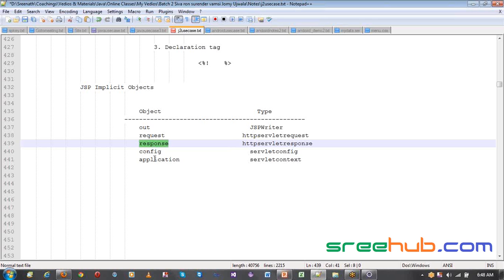Response is something which is used whenever you are moving out from this page. Whatever you want to do for the next page, you will be doing through your response, which is your HTTP servlet response, right? So once you have servlet config, servlet response,